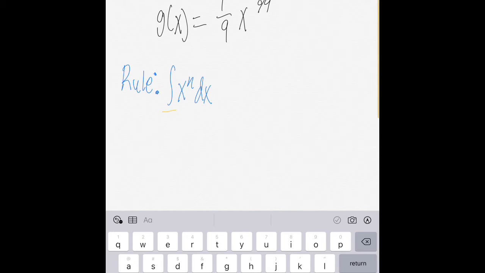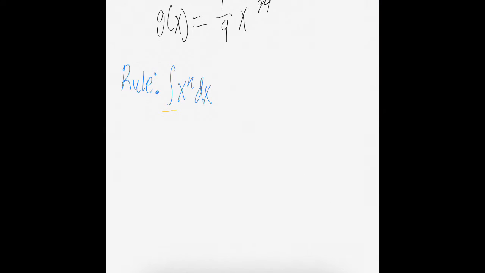Hopefully this notation with the little snaky s looks familiar to you, either from Mackenzie's videos or from the textbook. This just means the integral. The antiderivative of f of x is the same thing as the indefinite integral. It's just slightly different notation, and this is what you're going to see more often moving forward. So if I have the function x to the n, where n is not equal to -1,